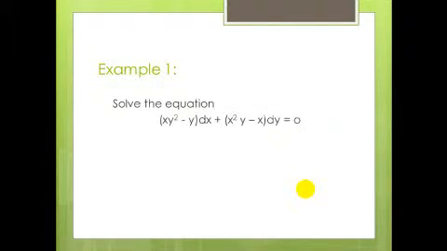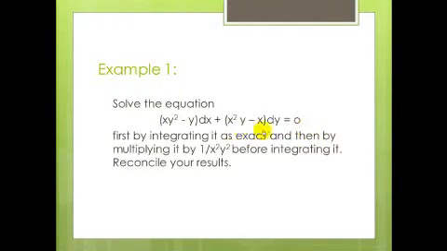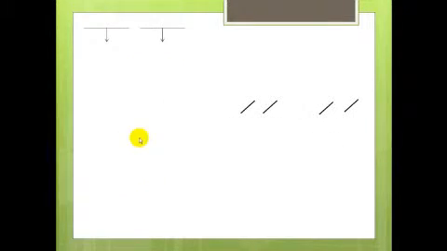For our first example, let us solve the equation (xy² - y) dx + (x²y - x) dy = 0. First, by integrating it as exact, and then multiplying it by 1 over x²y² before integrating it. Reconcile your result. We can immediately see that the given equation is exact, but just to be sure, let us